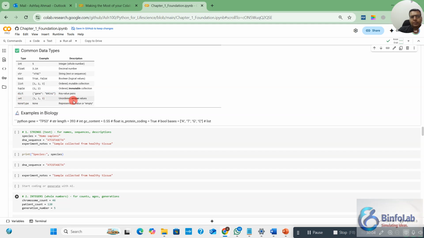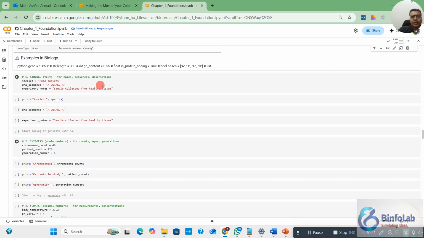And a set, and the set will be an unordered collection of unique values, so we will also talk later on. But for the initial stages you should know about the integer, float, string, boolean and list. Okay, so now let's use this in biology. Okay, so for example,